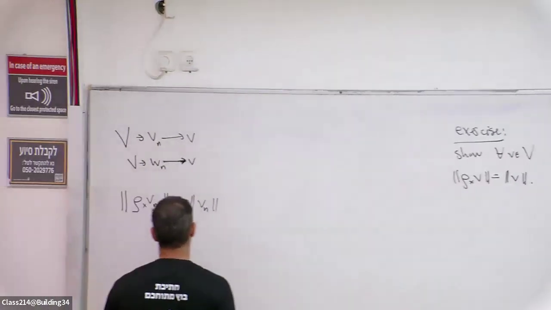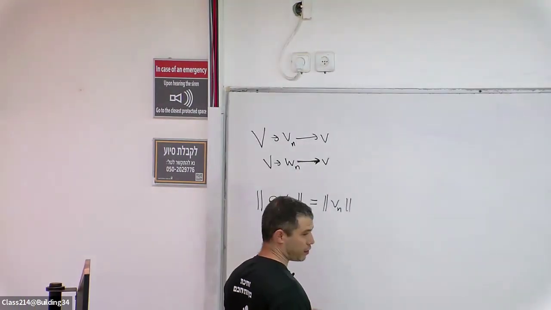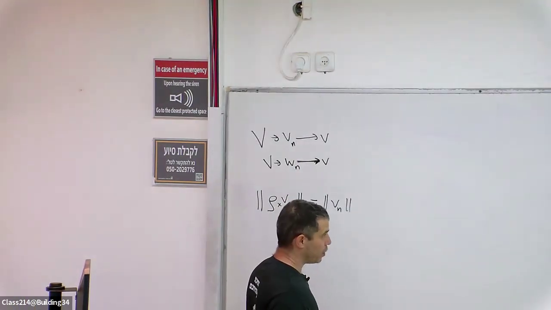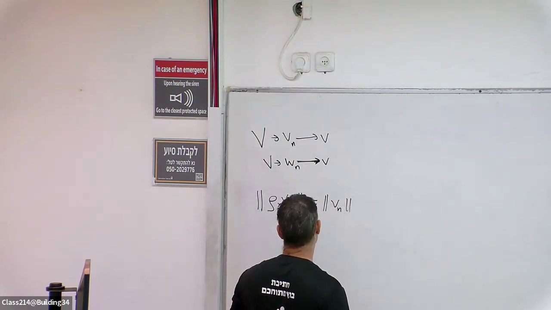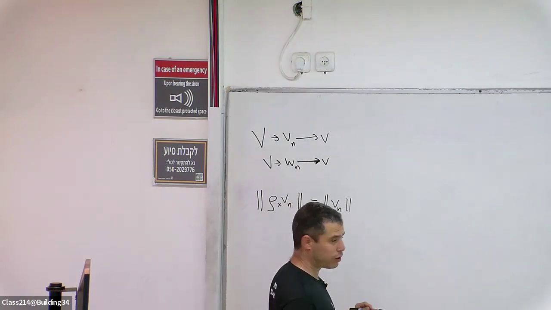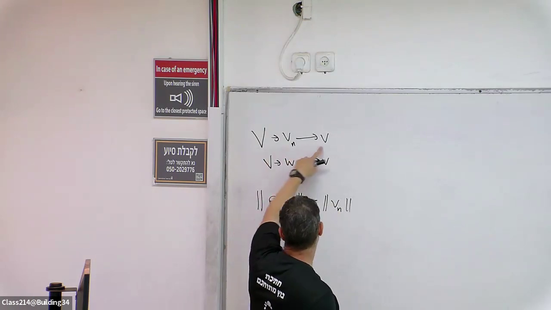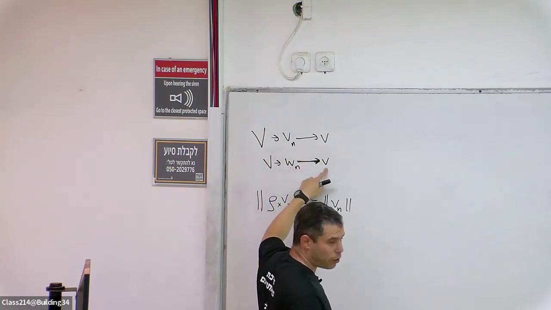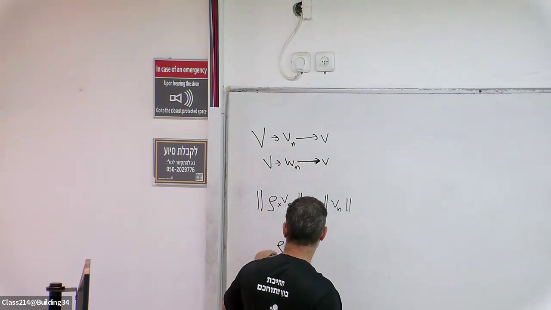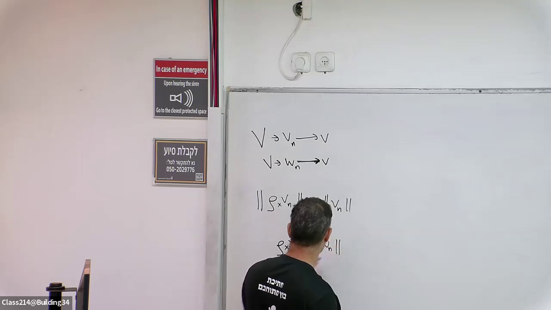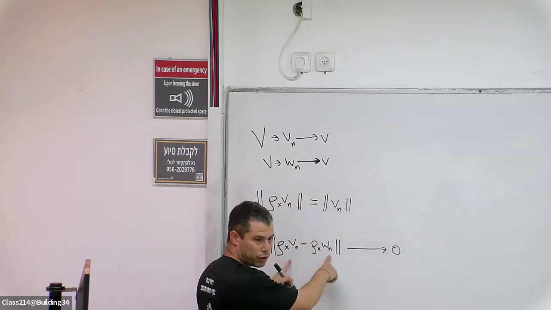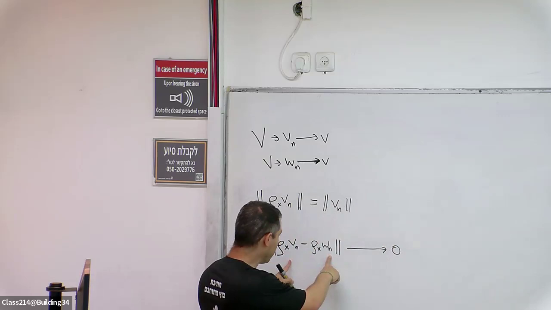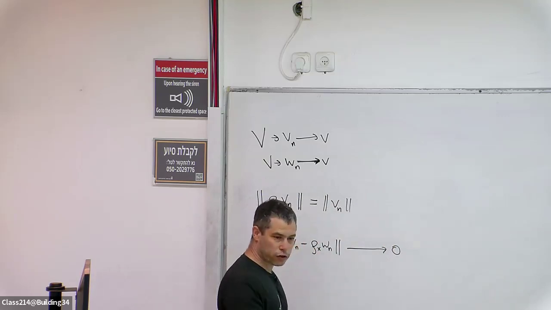Good. So this shows that rho x is an isometry. It's a linear map, and it's an isometry already on V. And it takes V to V also because it goes into a linear combination. So now we have a vector in the closure of V, and we approximate it by two different sequences. What I want you to notice is that rho x V_n minus rho x W_n is converging to 0 because this is just V_n minus W_n. So if they converge to the same limit,